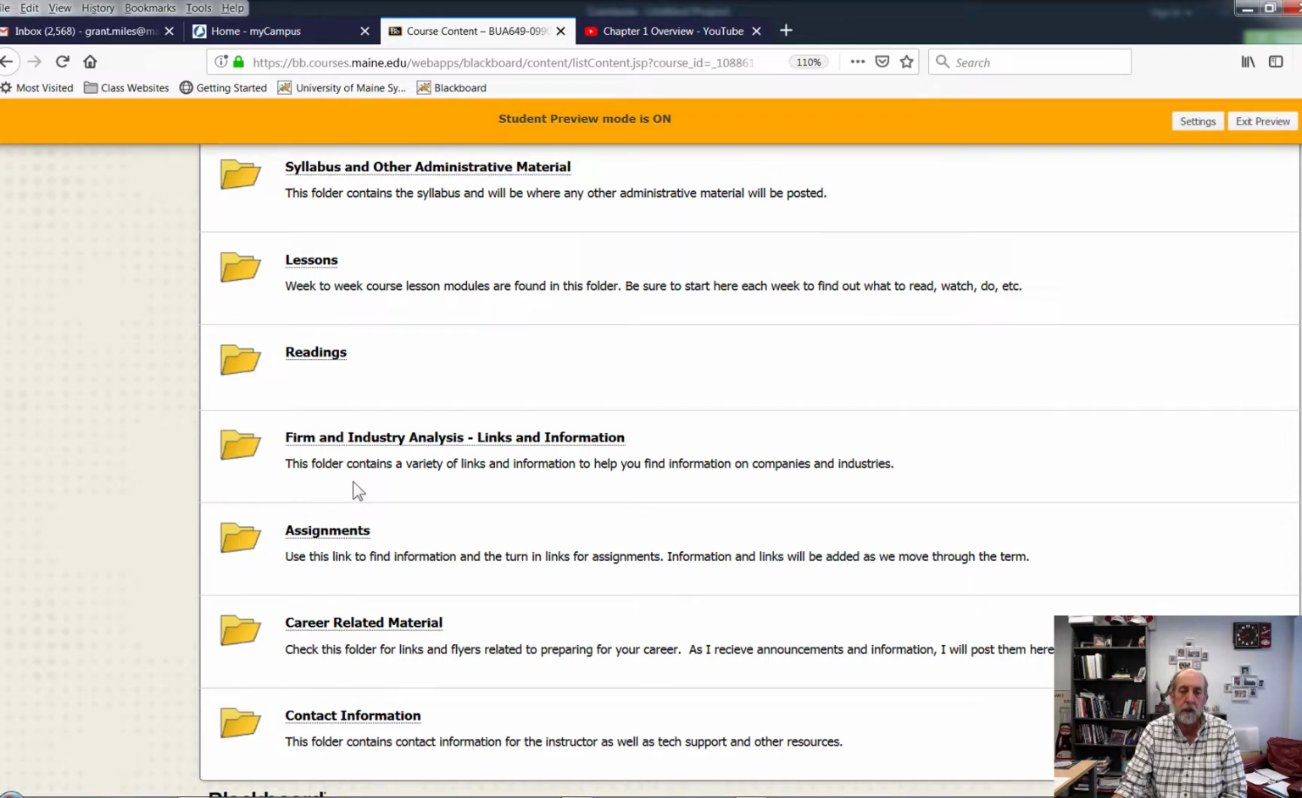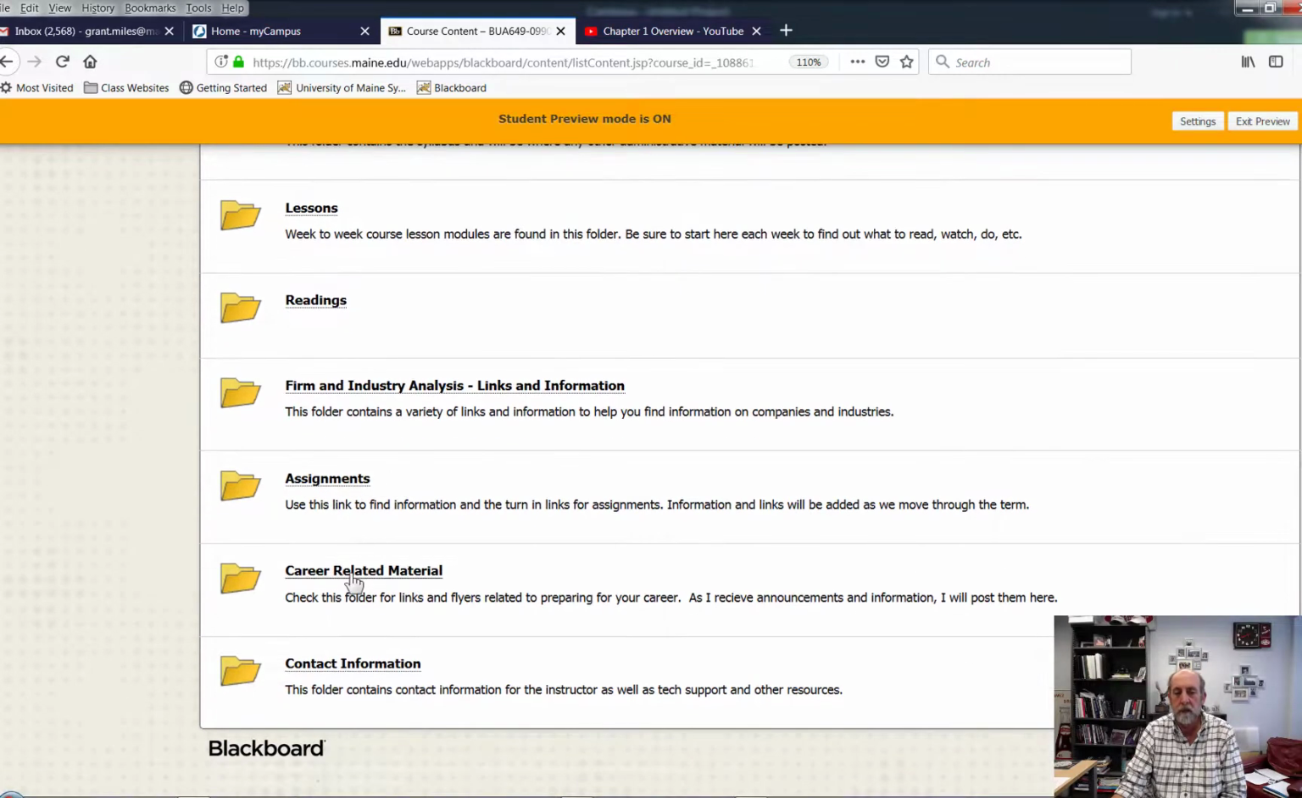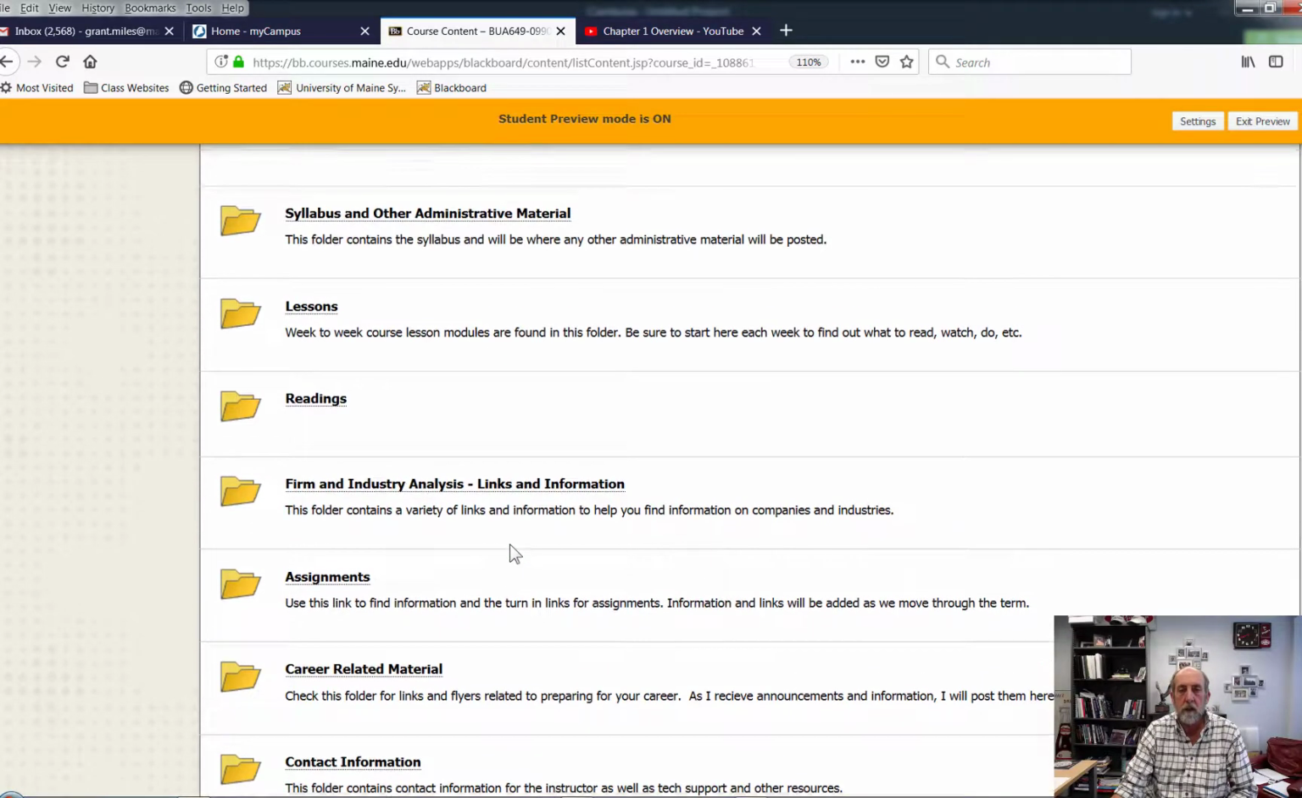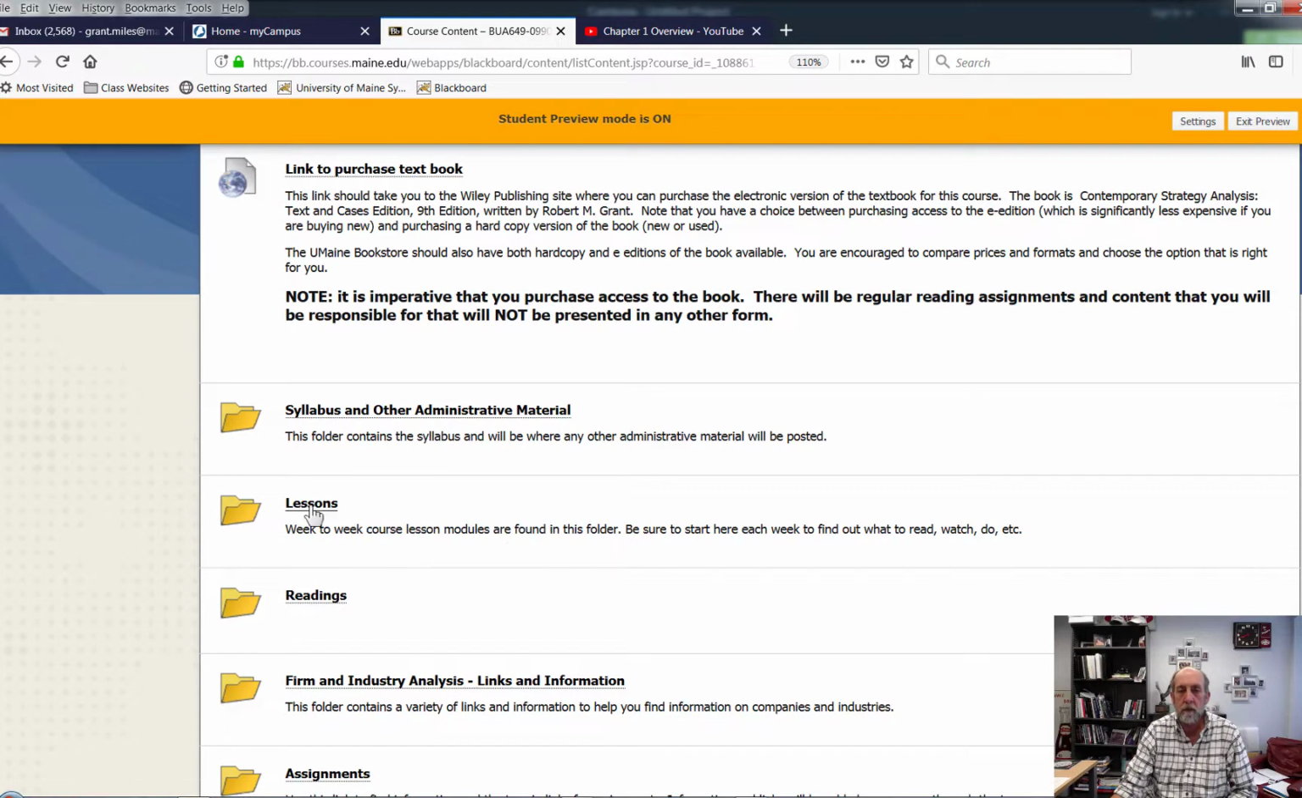When we have assignments, which we will have fairly regularly, you can turn them in through this folder, as well as any career-related material. There's a job fair for those of you who are looking for jobs, for example, a career fair coming up later in the semester. So all that said, let's go back here to the lessons, because that's kind of the major thing we will